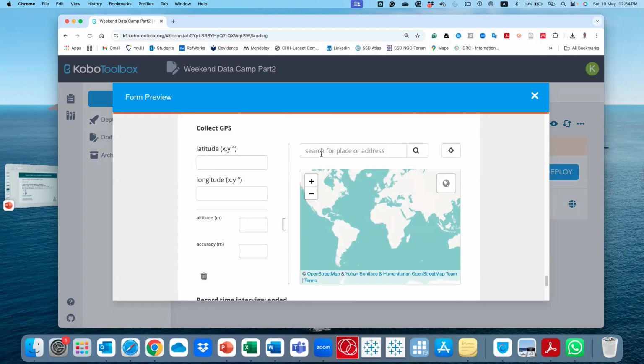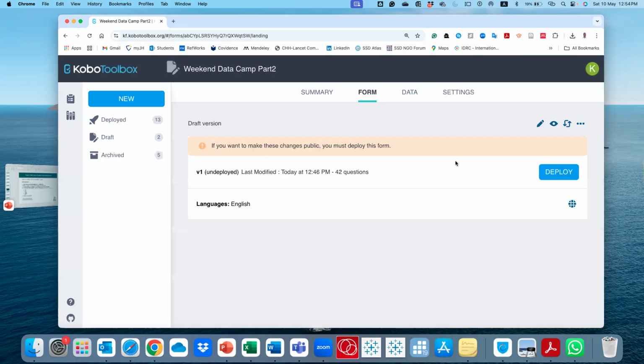If you know the address, you enter it here and search. Sometimes you just use this and then it populates. So you can build this outside and then upload into KoBo.